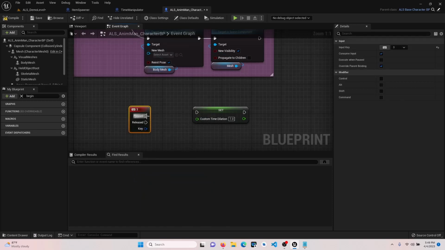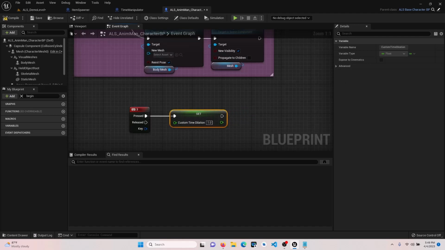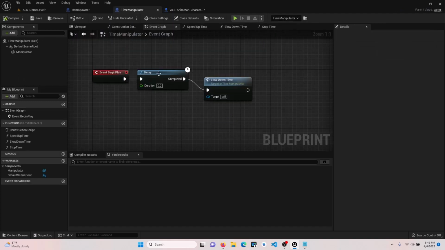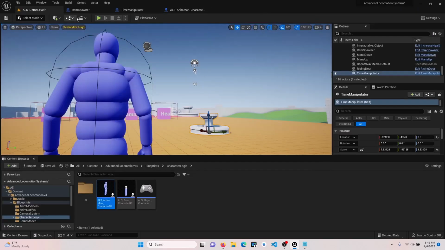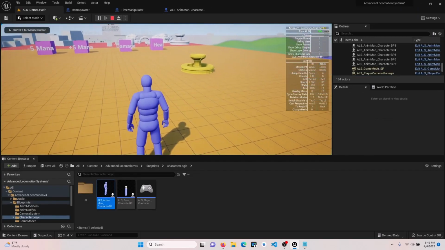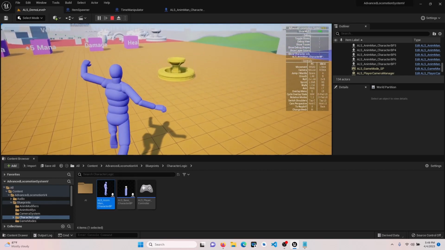So he'll start off in whatever dilation the whole world is in. And then we will override that by pressing 3. We're starting with slowdown time just to test. So let's go ahead and compile, save. Right now, everything is slow, including my guy. And if I press 3,